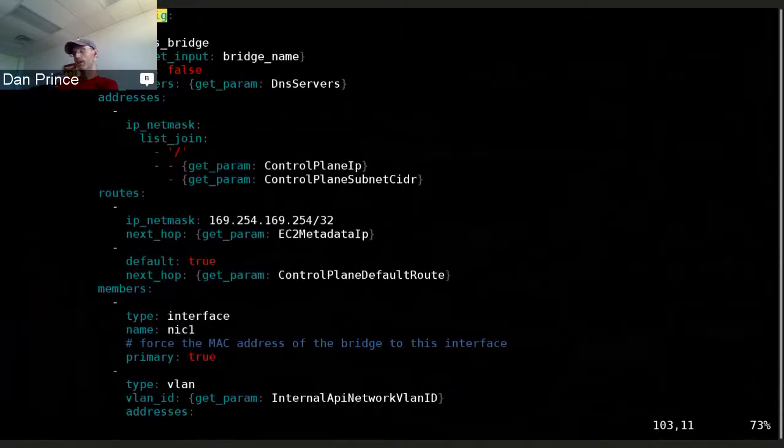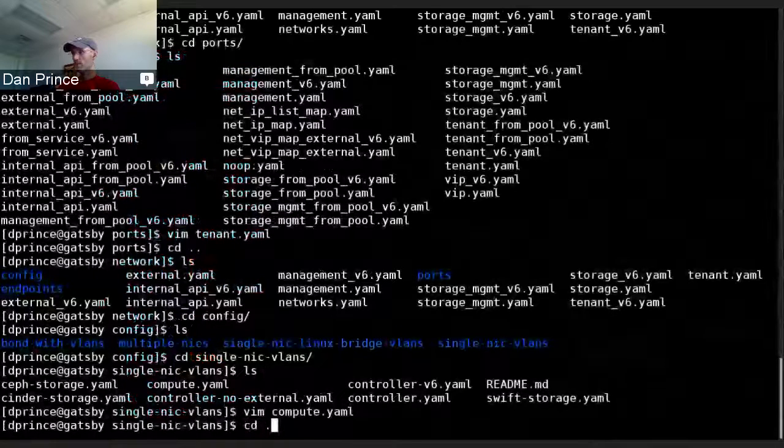So let's say you had 2 NICs and you wanted to do some VLANs on one of them, but the other one you wanted to keep separate for some reason, you could do that. Or you could have 2 bonds. If you had 4 NICs, you could have two bonded pairs, and you could do that. So all of that can be modeled with these templates, and then the IP addresses for the resulting overcloud instances will be substituted in by the heat engine and then applied locally. And this wires in